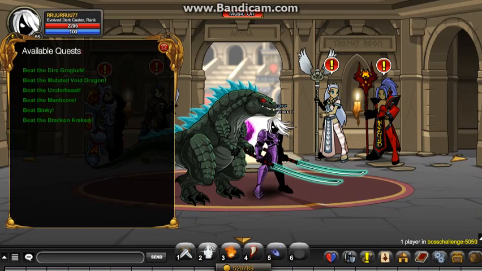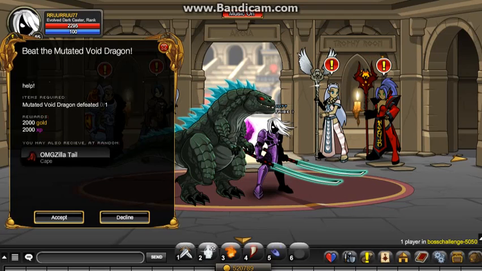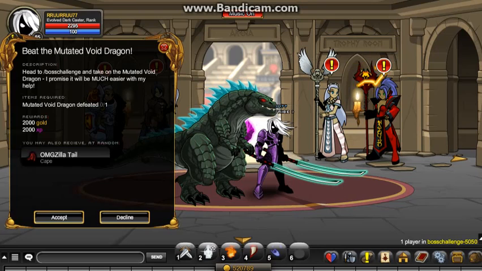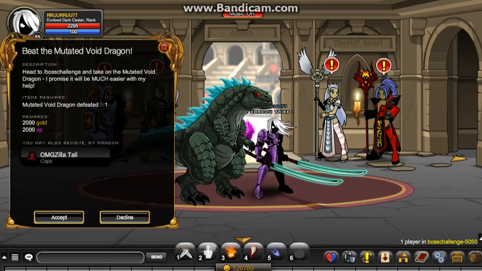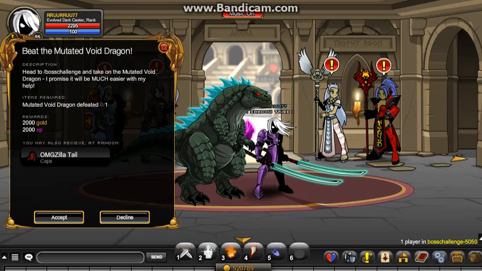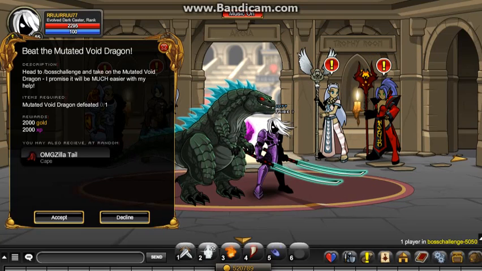But yeah, the second quest is pretty much the hardest one in here, in my opinion, and it's where you have to beat up the mutated Void Dragon, which is very hard to do unless you have a full party of 6 people, or 5 people. Yeah, I forgot which number the party goes up to, I'm pretty sure it's 5. But yeah, if you do have a full party of people, definitely have a Chrono Dragonite with a sword that does 50% more damage to dragons, because then it's pretty easy,